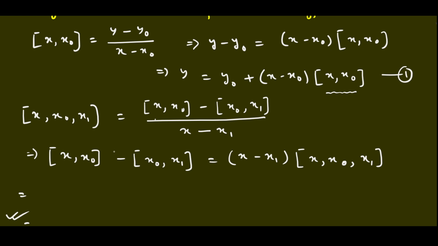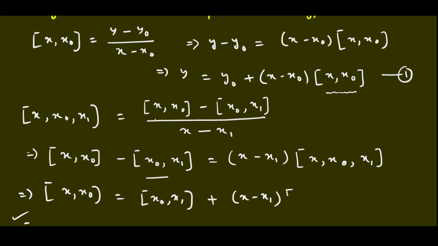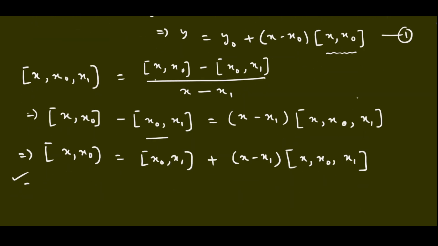Okay. So again, let us take this particular term on the right hand side, x naught x1 plus x minus x1, then x naught x1. Now you see the last term of equation 1 is exactly the same as this particular term, right? So let it be equation number 2. We can put the left hand side of equation 2 in equation number 1, because they are the same, no?